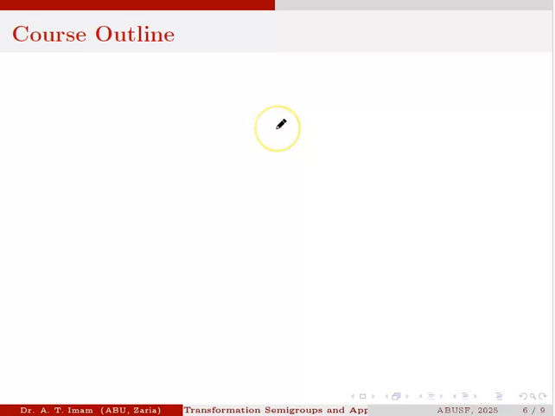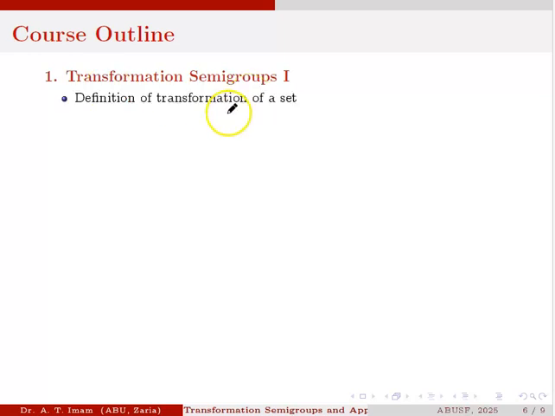So here we look at the course content or outline of the course. The course is going to consist of basically 12 chapters, and in the first chapter we are going to cover basic notions on transformation semigroup. So the first and second chapter will actually be talking about transformation semigroups, and in this chapter we will have about 3 sections. The first section of the chapter will be talking about the definition of a transformation of a set,